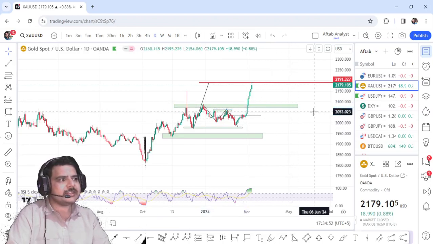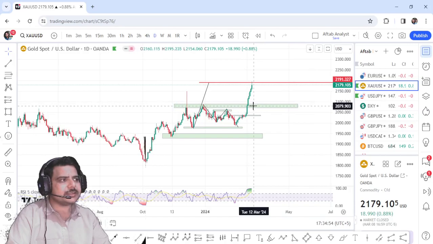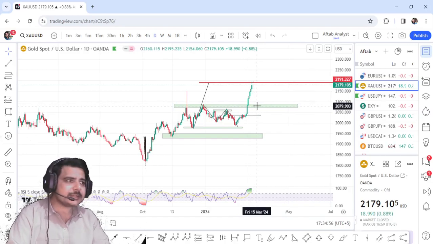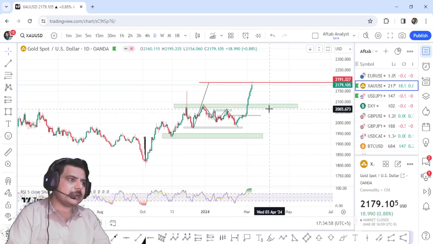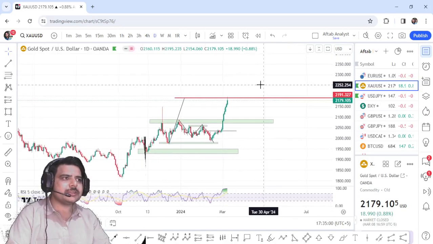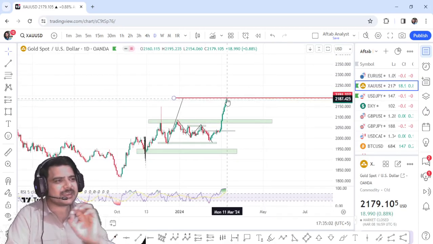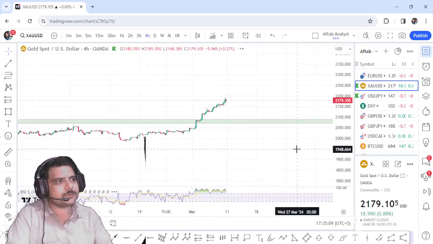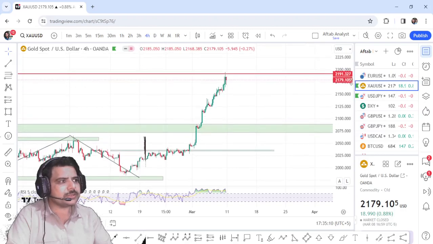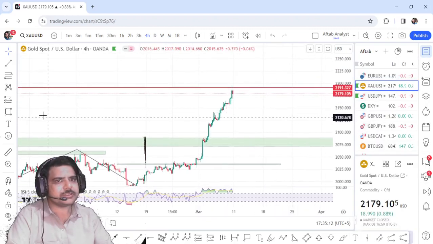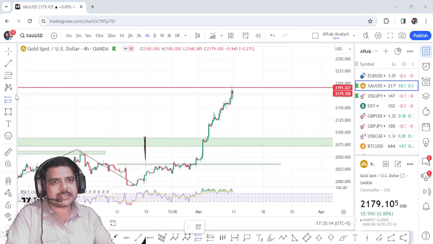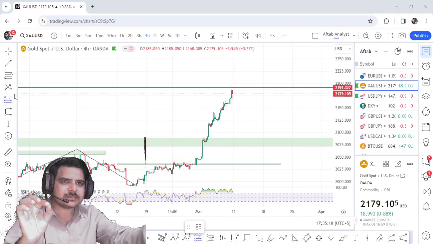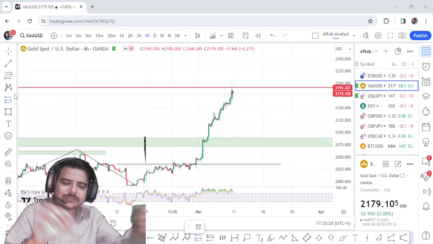So if it takes a retest at 2071 right here, 2079, 2080, then I must be looking for a bullish opportunity. Otherwise at this price point, this is not ideal for a buy. Yes, it's ideal for a sell. Those traders who want to put some tiny stop losses, this is going to be a fantastic sell opportunity. Fantastic, why am I saying fantastic? Because it will have a very tiny stop loss and you just take one sell. If it hits the SL, just leave it.